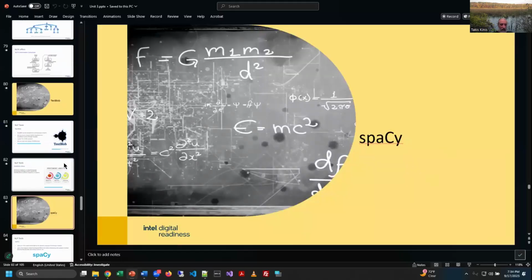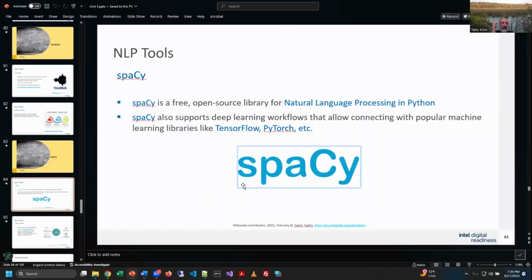Another tool is this spaCy tool. I think that's how you say it. Once again, an open source Python library. It supports deep learning, and it works with other machine learning libraries like TensorFlow, PyTorch, and some of the other ones that we've been playing with. And you notice this a lot, that you'll get one library or tool in Python that, instead of starting from scratch, uses a tool that already exists and adds features to it or makes it easier to use. Right. So this is really kind of an interesting idea programmatically, right?